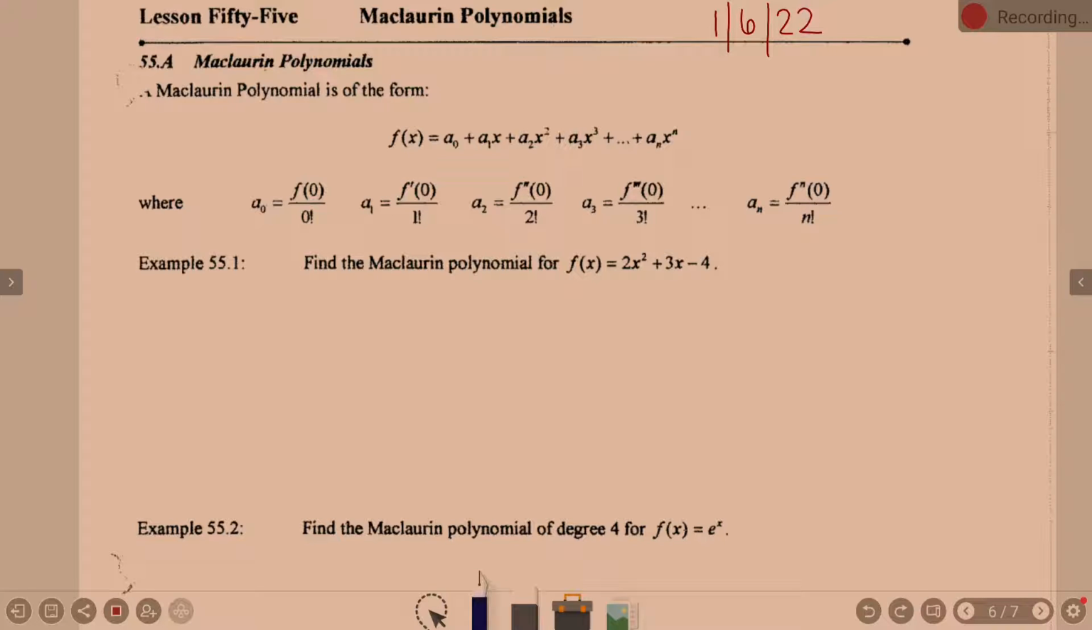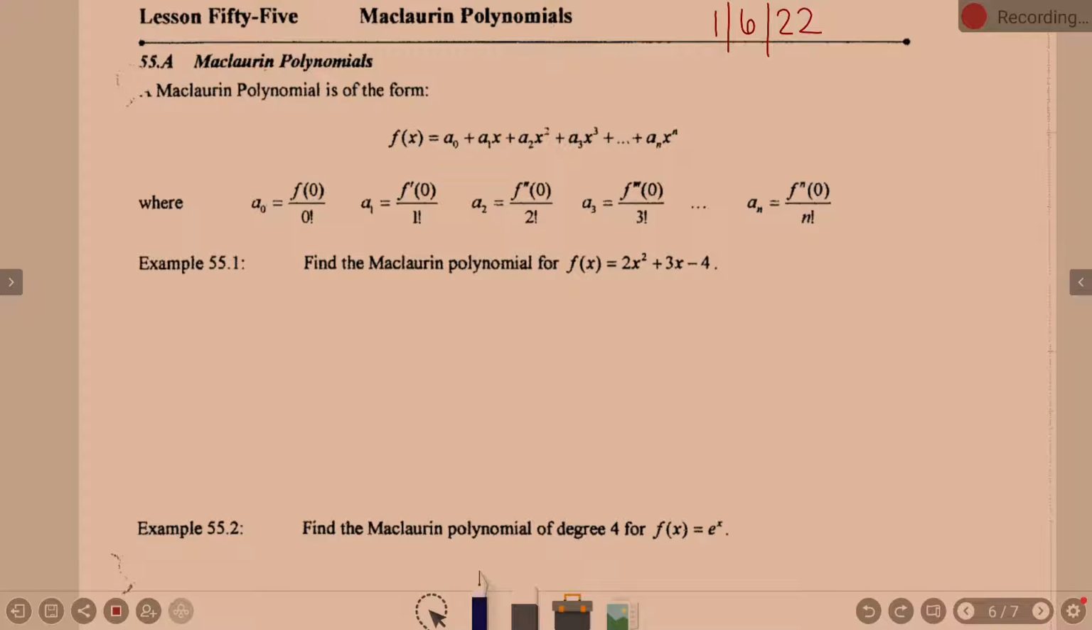With Maclaurin polynomials, the idea is that every equation has a polynomial representation, like this 2x squared plus 3x minus 4. Okay, we're going to do the same thing for e to the x here and whatever the bottom one is, cosine x. Now, the idea of a Maclaurin polynomial, it's of this form, f of x equals, and you'll notice a naught plus